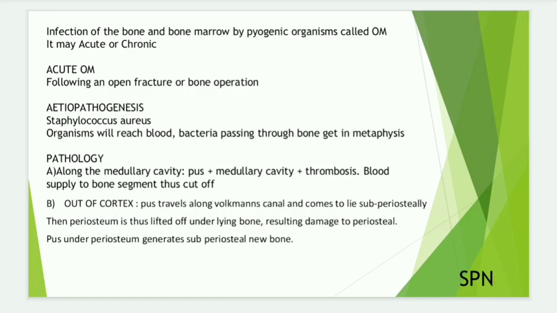Firstly, it is an infection of the bone and bone marrow by pyogenic organisms. It means bacteria surround the bone and cause pus. That is called osteomyelitis, and it may be acute or chronic. Acute osteomyelitis may follow any open fracture or bone operation. When it comes to its etiopathogenesis, it may be caused by some of the